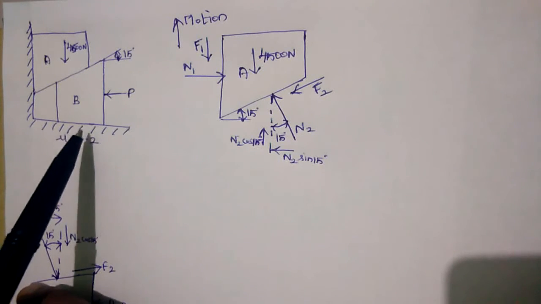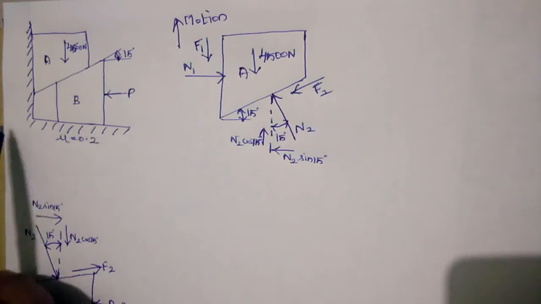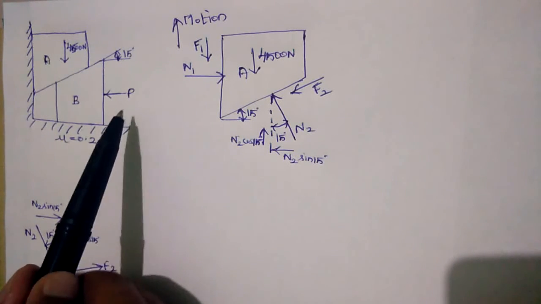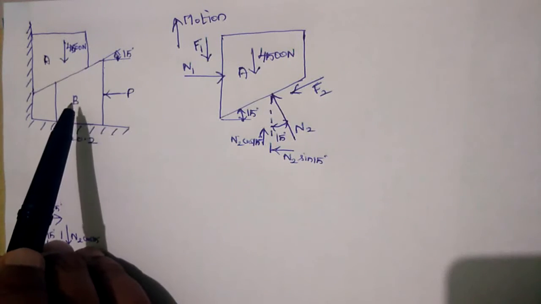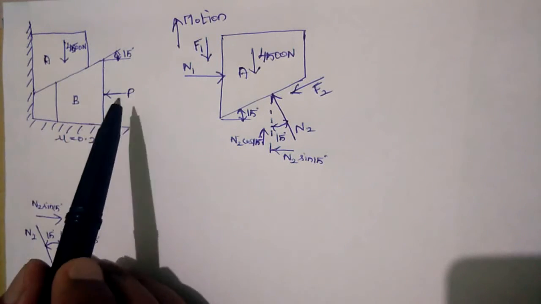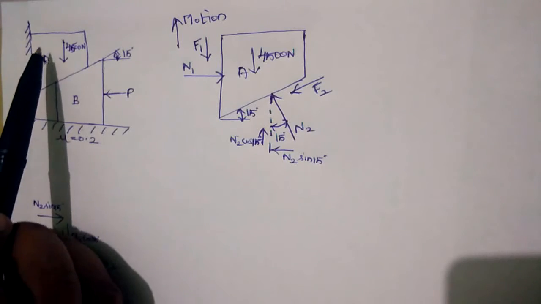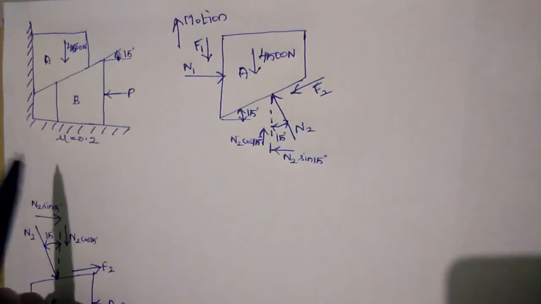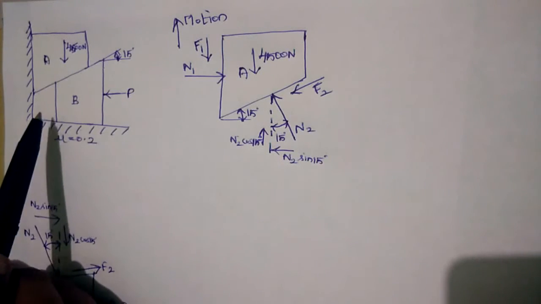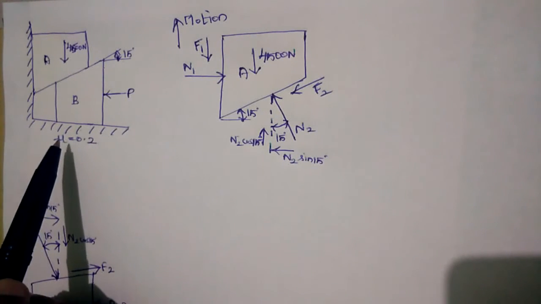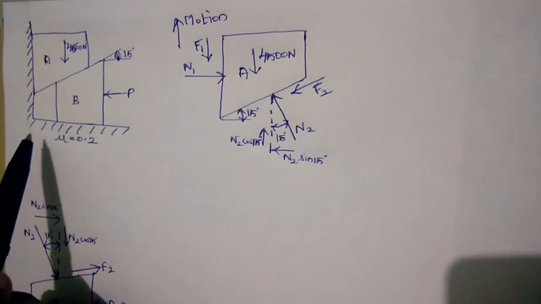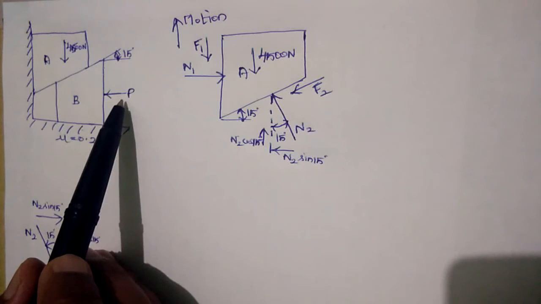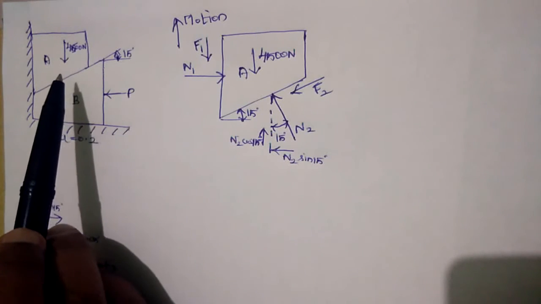Wedge B rests on the floor, and P is the pushing load acting on the wedge B, so that the block A moves upward. Mu is the coefficient of friction between all the sliding contacts. Now we will find the push P to be applied to the wedge to make the block A move